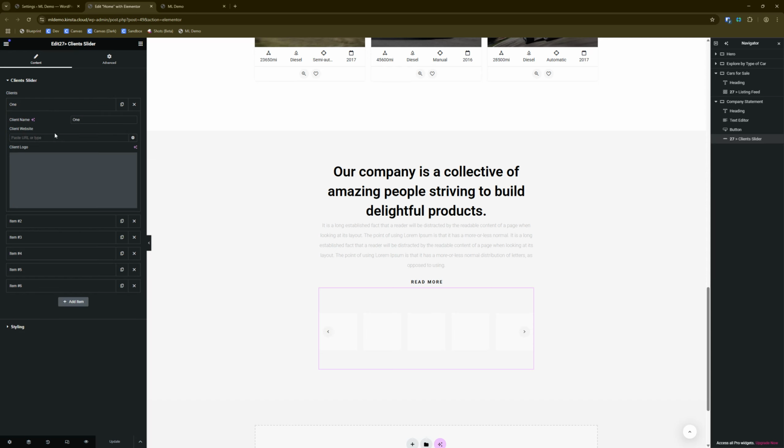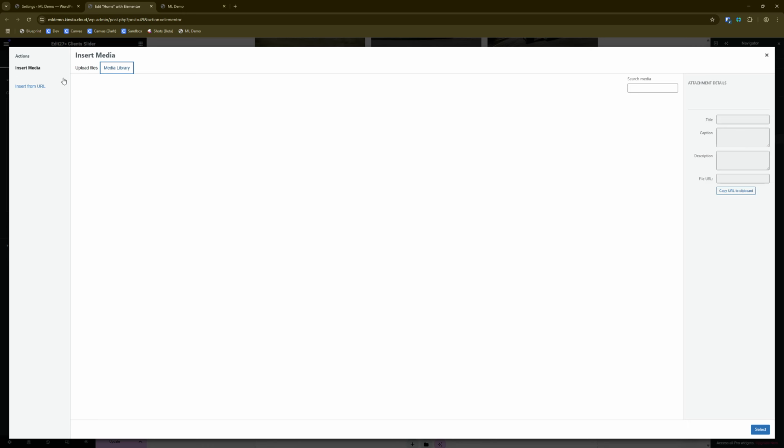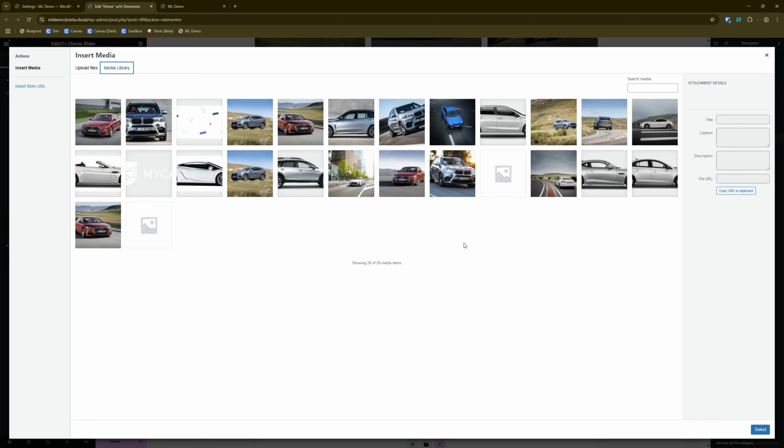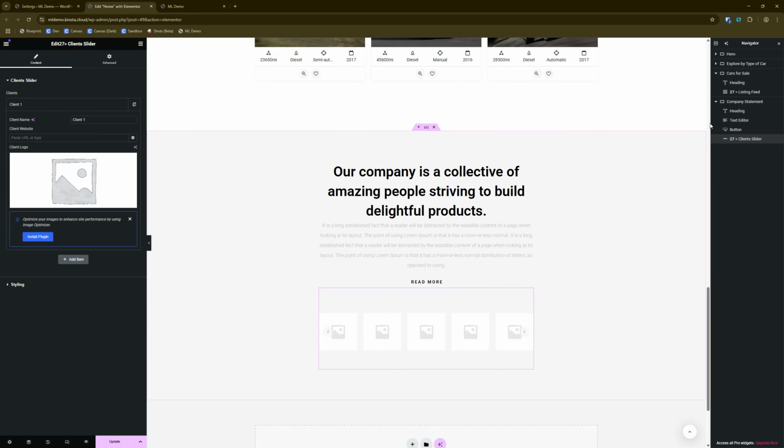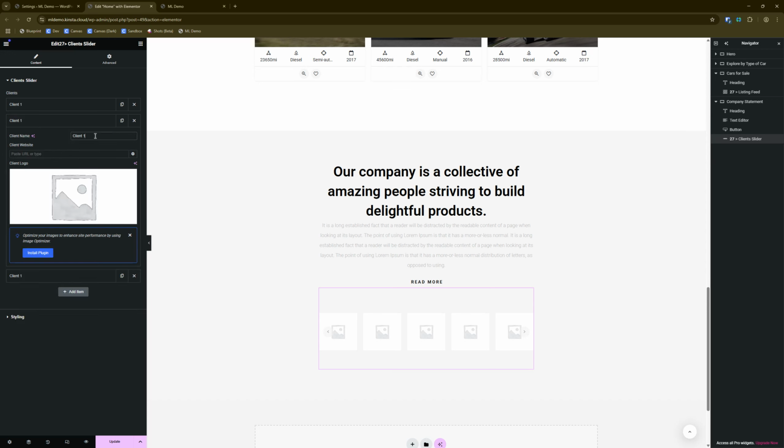Let's go in here. And how did they do this? Let's just get rid of all of those. Client slider. Let's just do, because I'm gonna productize this, right? So we'll just call this client 1. And let's put an image in here. A logo. We will use just the placeholder because that's what I'm going to do. I'm going to use a placeholder image. So I will put my own placeholder images in this. Okay, and then, so client slider, and let's just duplicate this slide a couple times. Client 1, client 2,